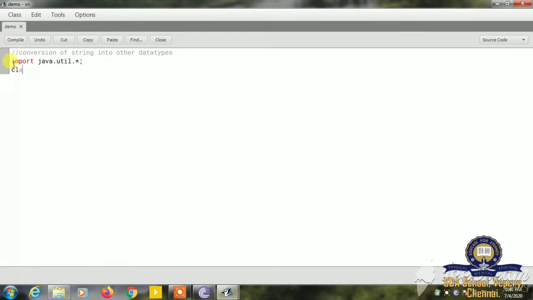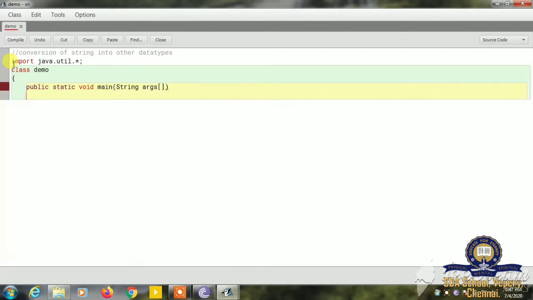Now create the class. Class name is Demo. Open the class. I am going to write the main method, public static void main, String args. Now I'm opening the main method.